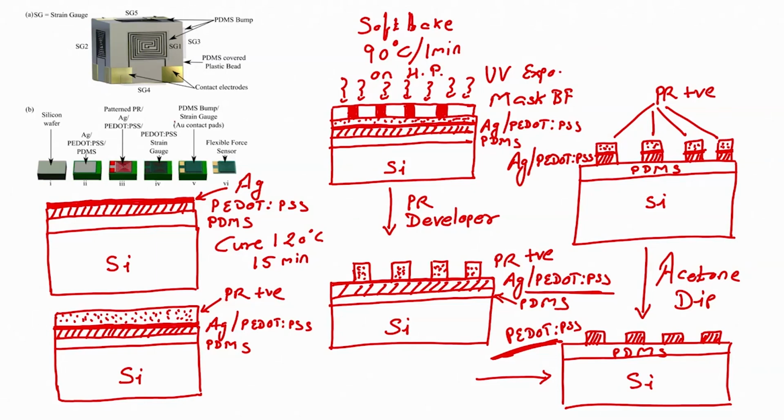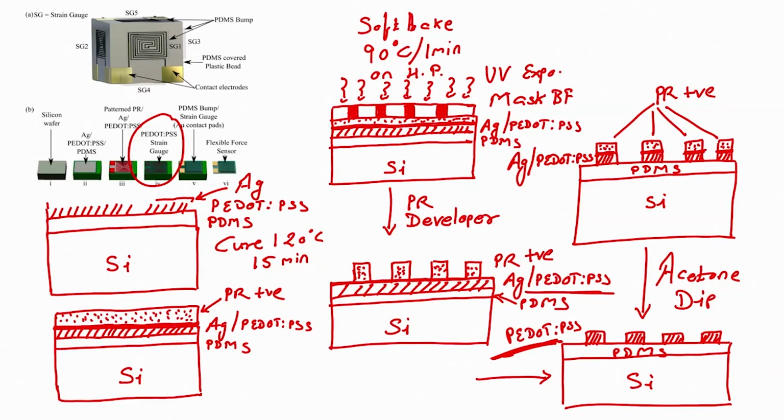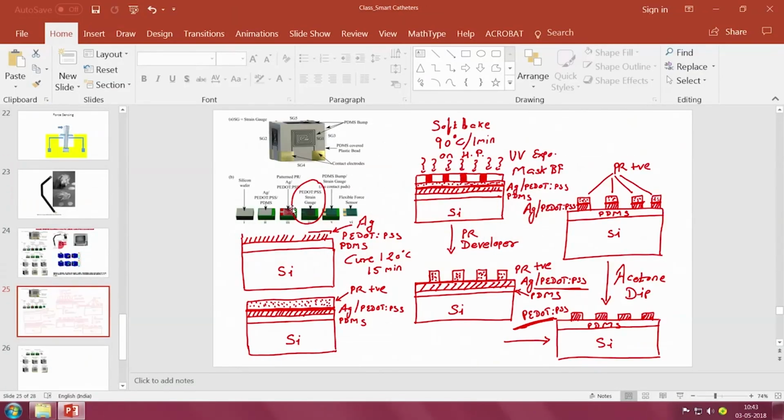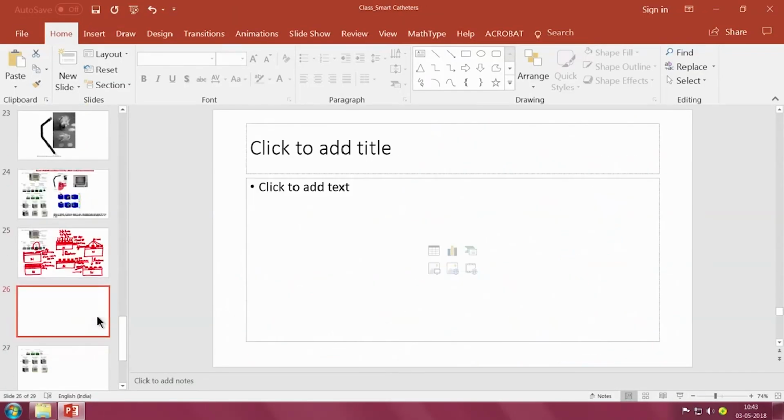So, we have reached this particular stage where we have the PEDOT:PSS strain gauge formed on PDMS, but the next stage would be the PDMS bump, strain gauge and Au contact pairs. Both things we have to get. First is the Au contact pair, and then next would be the PDMS bump, right, PDMS bump. So, let me have one more slide, so that we can see